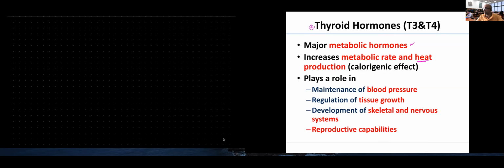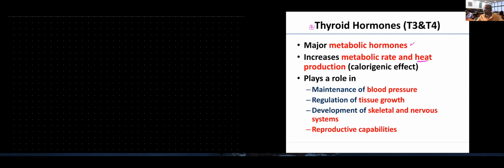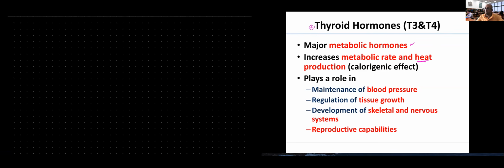What I mean by calorigenic hormones, they will be breaking down the fat, they are breaking down the carbs and will be releasing heat from those